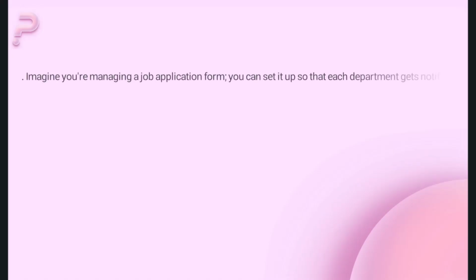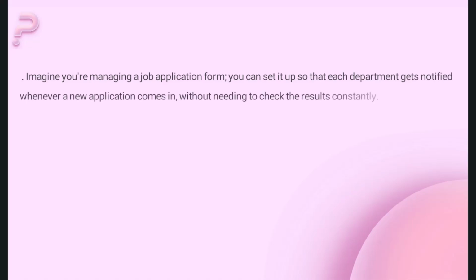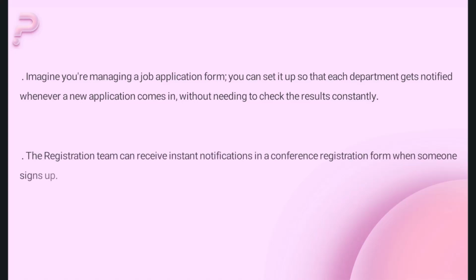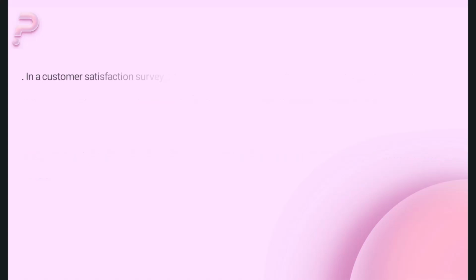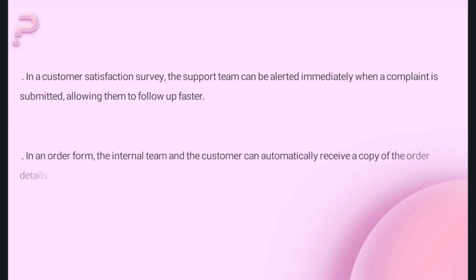You can configure it so that each department gets notified whenever a new application comes in, without having to check the results constantly. In a conference registration form, the registration team can receive instant notifications when someone signs up. In a customer satisfaction survey, the support team can be alerted immediately when a complaint is submitted, allowing them to follow up faster. Or, in an order form, both the internal team and the customer can automatically receive a copy